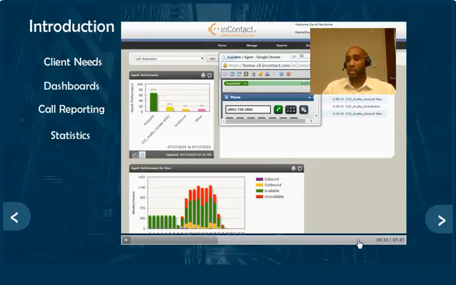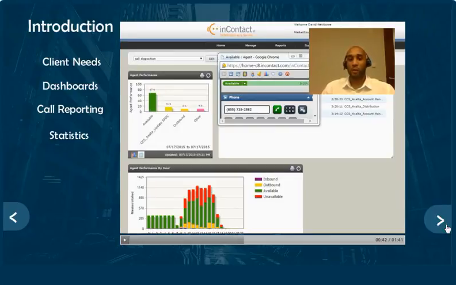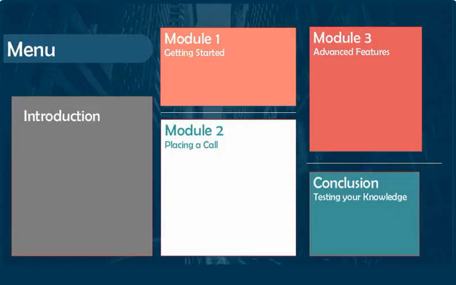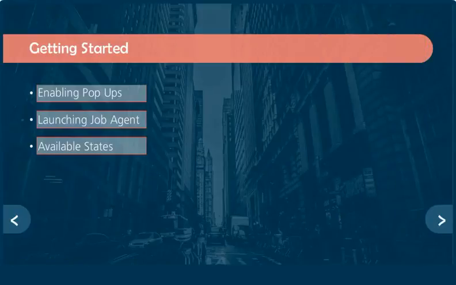And then from there, the user can go to this tab to the right, and it will bring them back to the main menu. Now the introduction tab is grayed out, so the user knows not to return. Module 1 is going to go into 3 sections